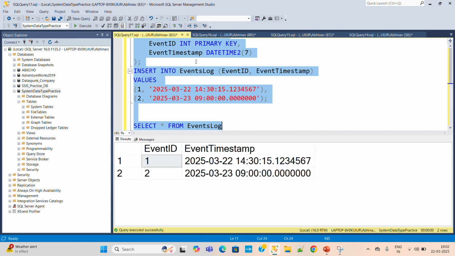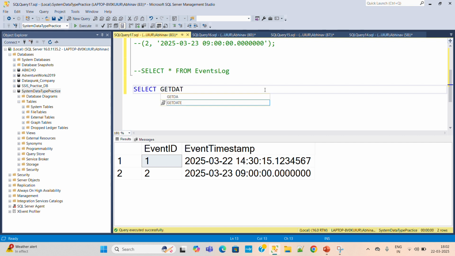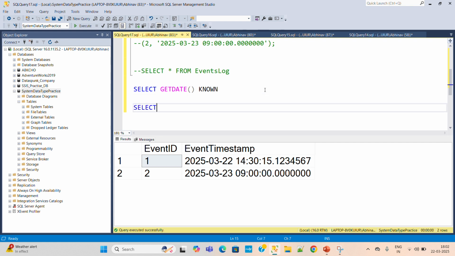Now we will try the whole case with GETDATE also and compare once for the datetime2 data type also. Now select GETDATE. So by this you can get the difference between the datetime and datetime2 data types. So GETDATE is datetime, and then select cast GETDATE